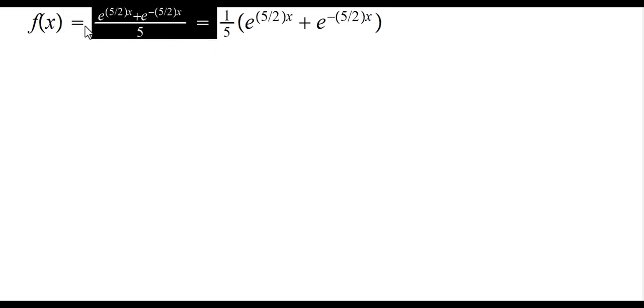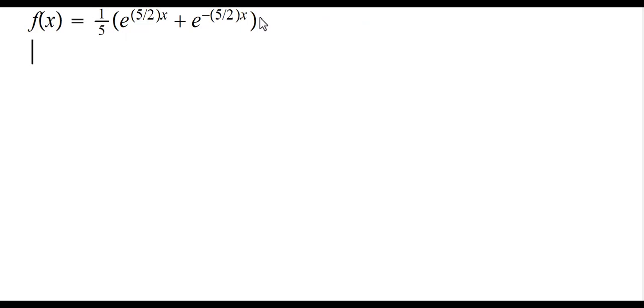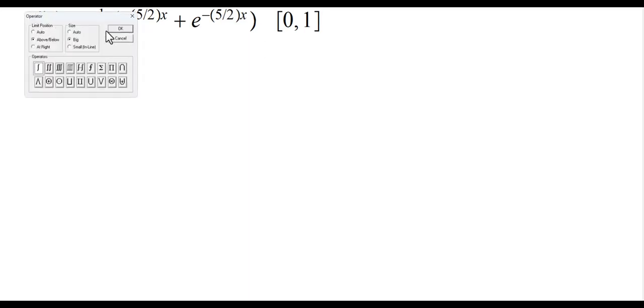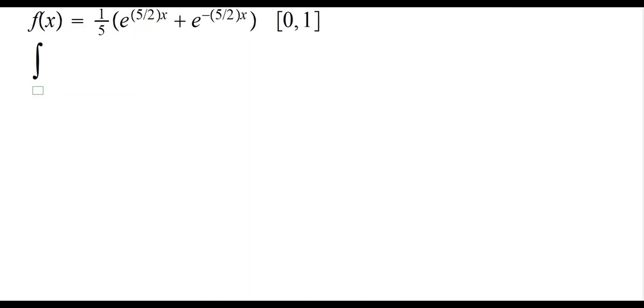We are calculating the surface area of the surface of revolution of the graph of this function over the interval 0 to 1, around the x-axis, and according to the rule, it is simply the integral from 0 to 1 of 2 pi f(x) times the square root of 1 plus the square of